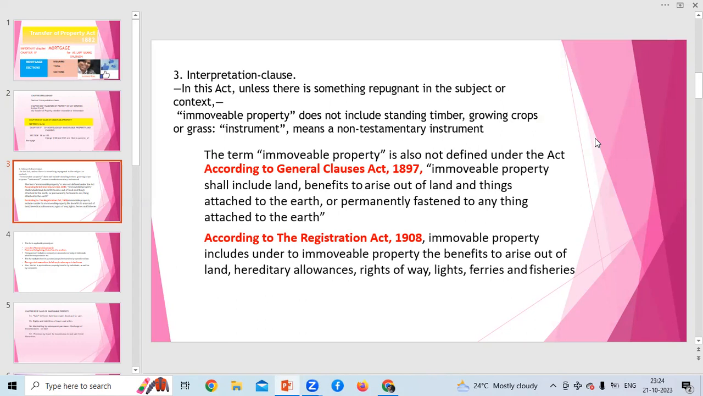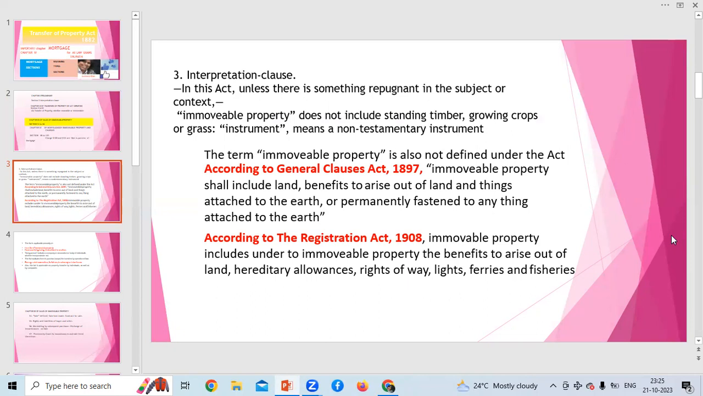And instrument means non-testamentary instrument. So exclusively they are telling about non-testamentary instruments. So will, probate, all the succession instruments are not included in TPA. And I just included these 2 terms where they are according to the General Clauses Act. We have already mentioned this in the last 2 videos, but it is very important to compare with the interpretation clause in the TPA and what we have learned in the last 2 parts about immovable property in the General Clauses Act